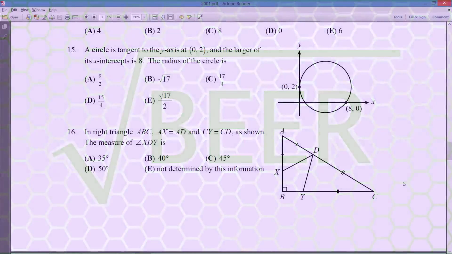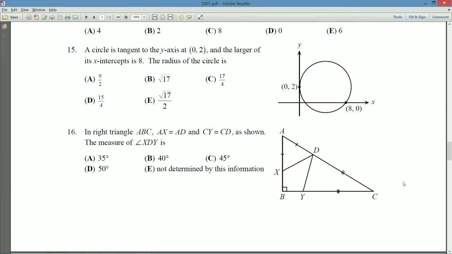We're looking at question number 15 on the Fermat paper. That's the grade 11 multiple choice contest from the year 2001. So what's question 15 got to say? A circle is tangent to the y-axis at (0, 2), and the larger of its x-intercepts is 8. So you can see we have (8, 0) down here. The radius of the circle is, okay,